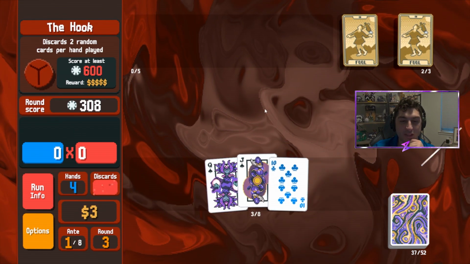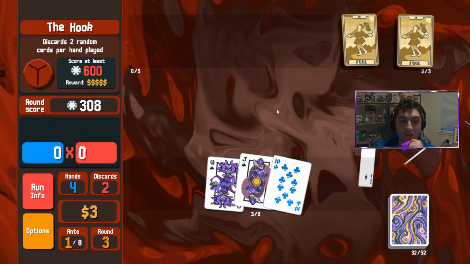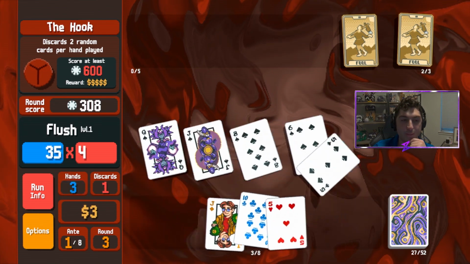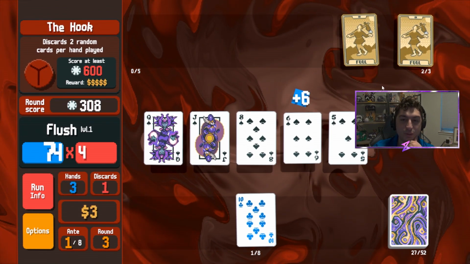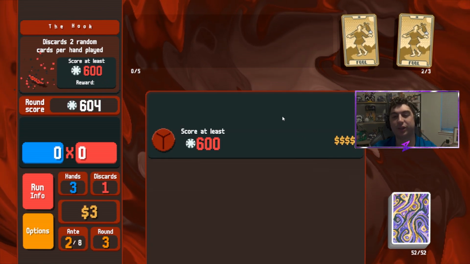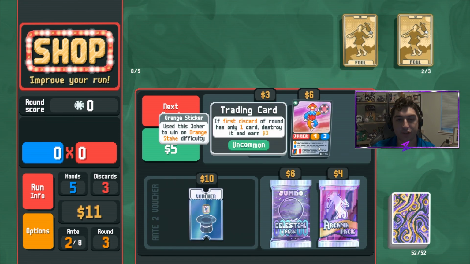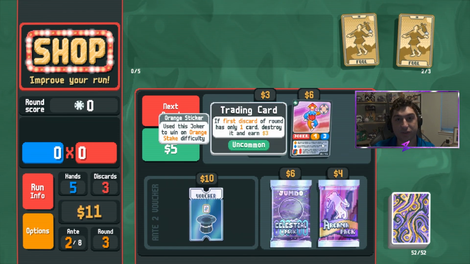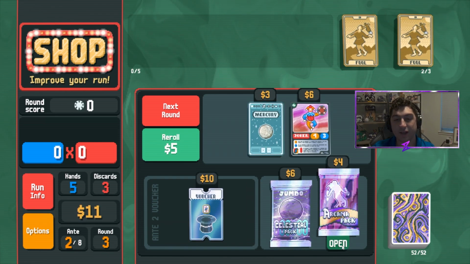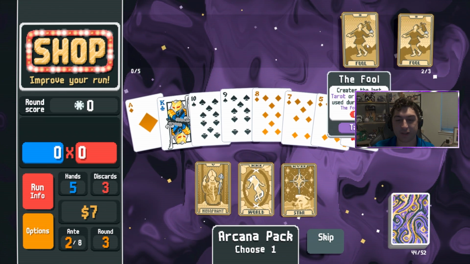We could use some kings and nines for another straight. We do have a flush here. I'm just going to go ahead and play that, especially with the Hook. That's going to discard cards when I play hands, so I can't really use my hands as discards. Trading Card is one of the best jokers for setting up an endless run because you're going to get that deck thinning. I'm going to first open up this Arcana pack to maybe start getting something out of these Fools,